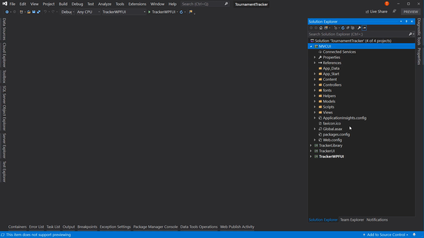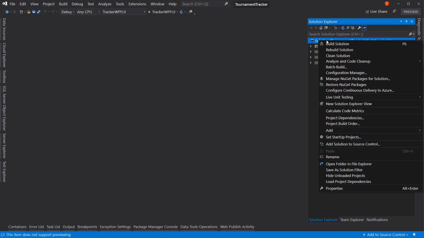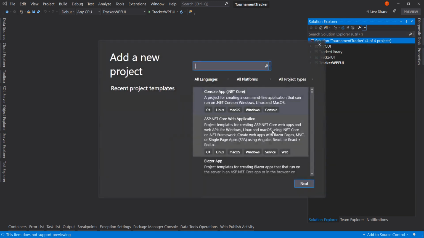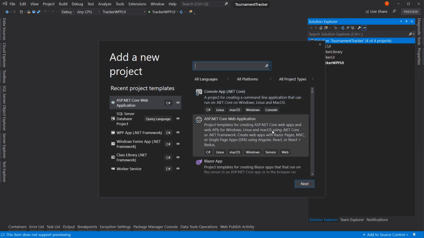But since I can rename this, I'm going to do it right here. It'll just make it easier for the video to have it all in one project. At the end, I will delete this MVC UI project and just keep my new project. So with that in mind, I'm going to right click on the solution and say add new project. And the reason we're doing this is because we want to have that structure set up the right way with all the settings, and then we're going to move over the code we need